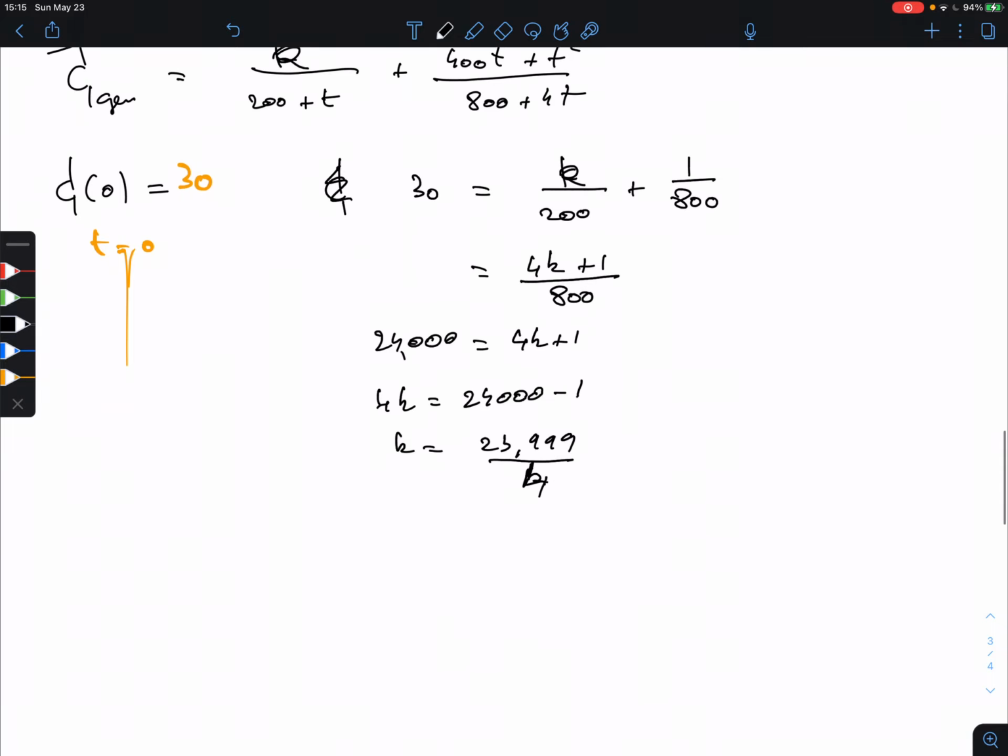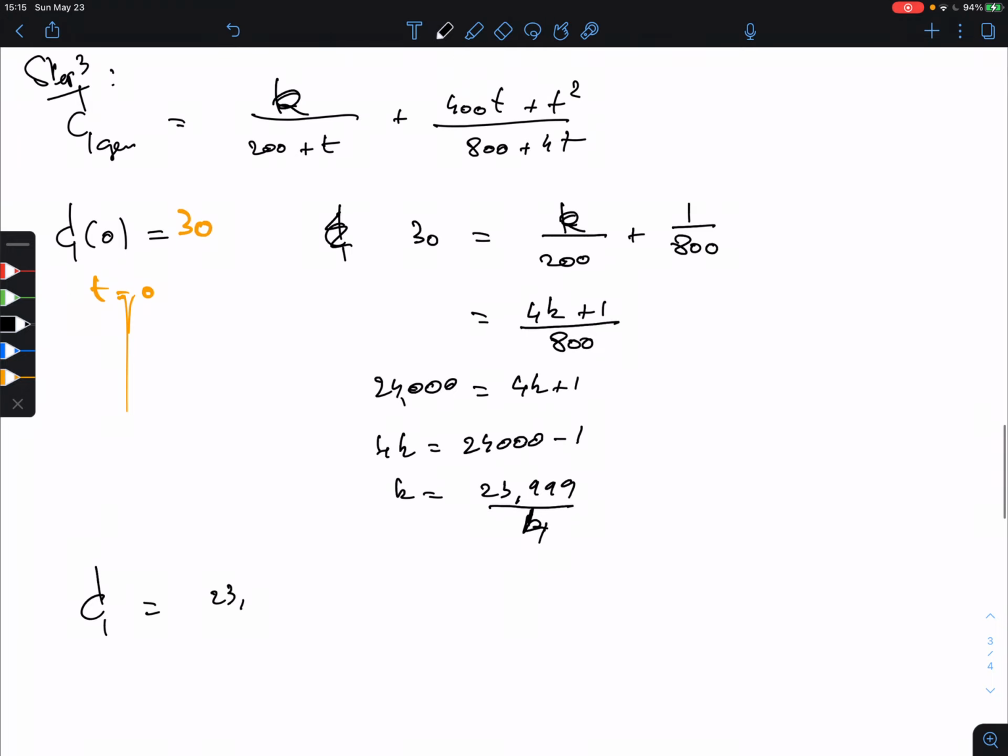23,999 over 4. And so the general solution, so the solution is that constant that I just found, 23,999 over 4, which is about 6,000. Of course, at this level, that little detail doesn't make much of a difference here. So we could put it equal to 6,000, but